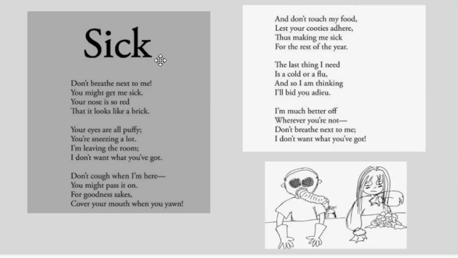And don't touch my food, lest your cooties adhere, thus making me sick for the rest of the year. The last thing I need is a cold or a flu. And so I am thinking I'll bid you adieu. I'm much better off wherever you're not. Don't breathe next to me. I don't want what you've got.